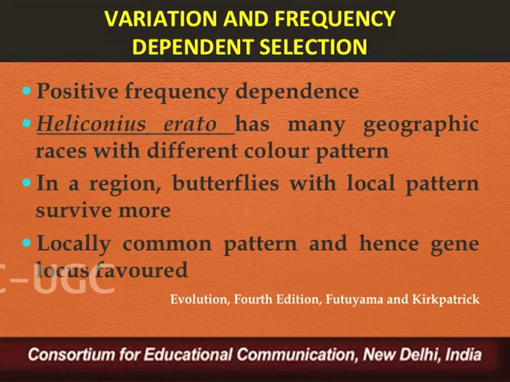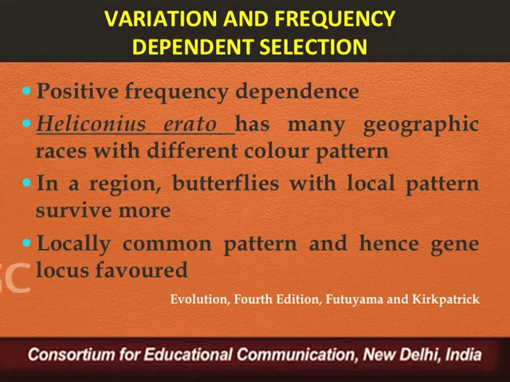Another case where this happens is positive frequency dependence, wherein the allele which is highest in number, or the phenotype which is most prevalent in that region, is selected. Any new allele introduced into the population, or any new phenotype formed in the population, is removed. Therefore, this leads to prevalence of only one type of allele